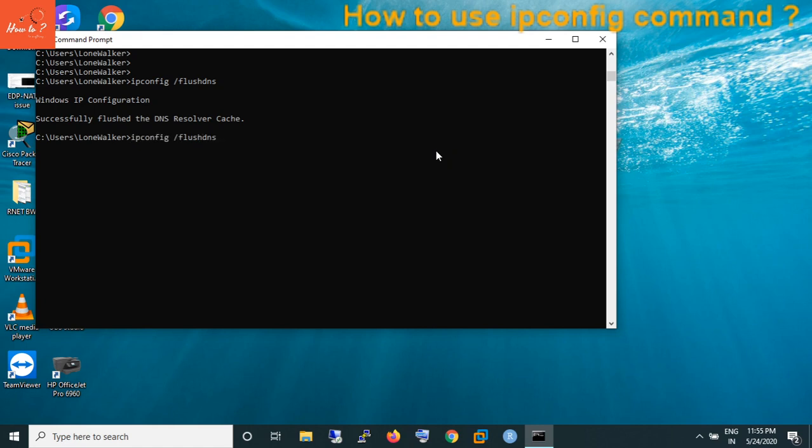You can verify by typing the display DNS switch again, and boom, here it shows no information about the DNS. This flush DNS command also helps whenever we face a problem like an error resolving a DNS cache when we try to search any web page. We'll discuss that in upcoming videos.